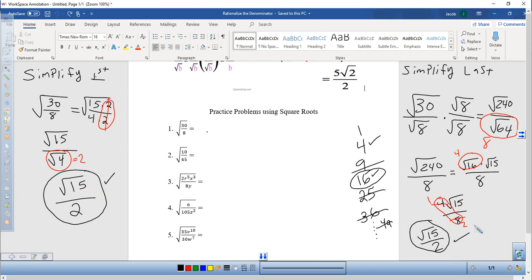So either method will work. You could either simplify first, which I would recommend, or you can wait and simplify last after you've done all the multiplication. This is a matter of preference. Whether you want to simplify first or simplify last depends person by person. Okay? With that being said,